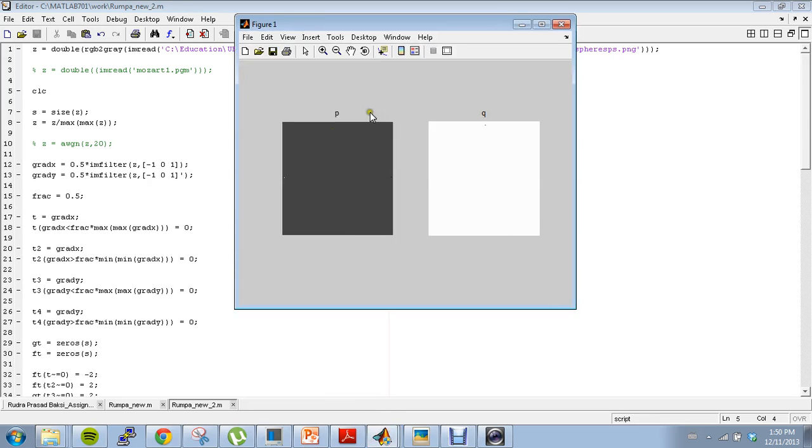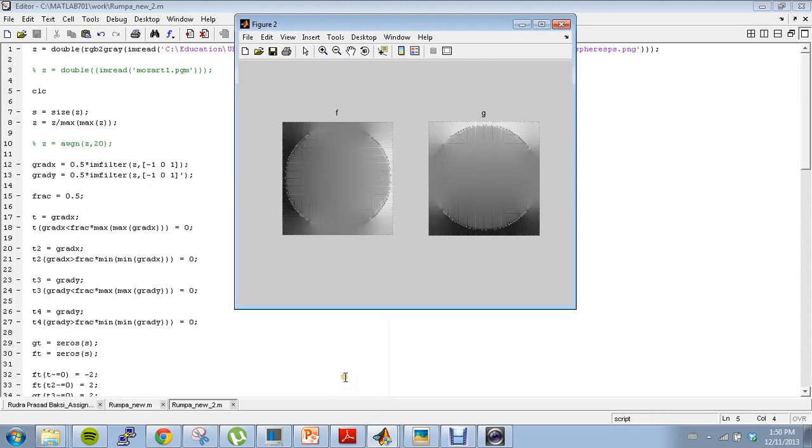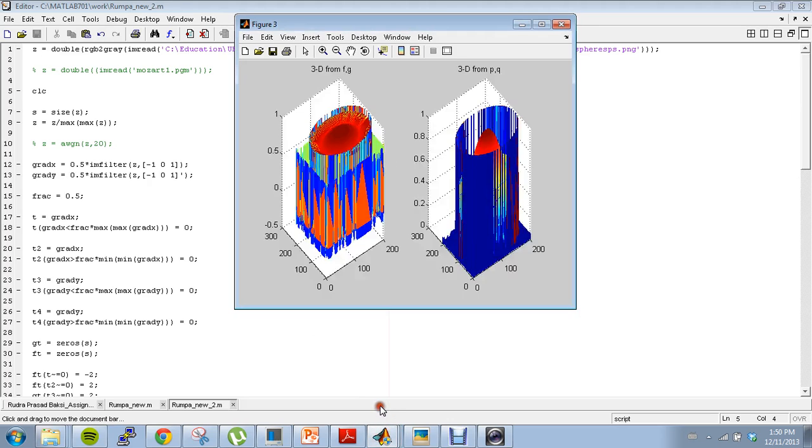Here you can see the P and Q parameters, where the Q dot and the P dot are obtained after running the simulation. The F and G parameters for the same are again obtained after running the simulation. And finally, the main goal of our project is to reconstruct the three-dimensional shape from the two-dimensional shading image. Here we get the output.